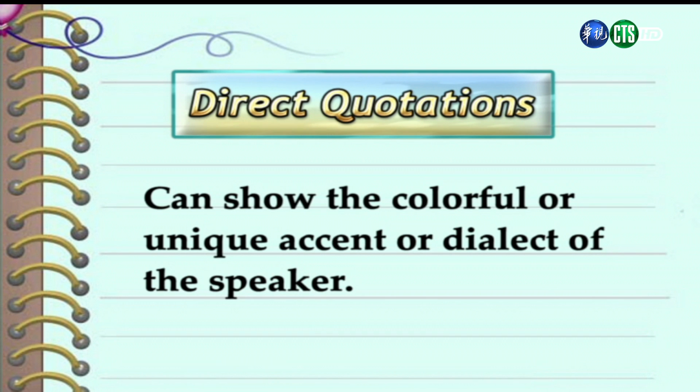好,所谓直接引用,就是指将一个人说的话直接详细地记录下来。We might use a direct quotation in a narrative to spice up the story a bit. 好,我们可以使用直接引用的这种方式,来让叙事文的故事更添趣味。And you might use a direct quotation to show the colorful or unique accent or dialect of the speaker. 好,直接引用可以显示出说话者充满趣味,或是特别的口音或方言。And then this can make your character seem more lifelike or three-dimensional. 这会让你的故事中的角色更加生活化,或者我们说是更加立体。